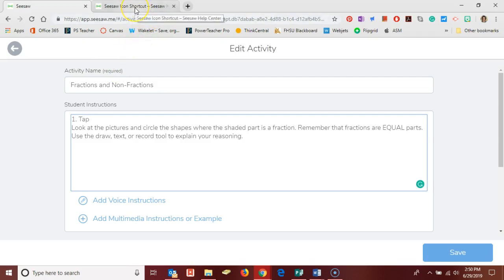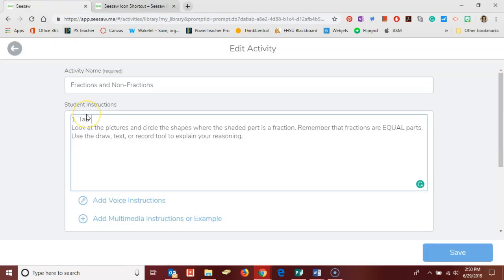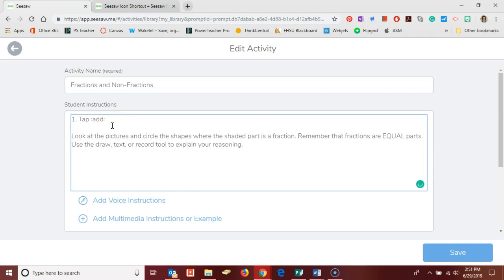Seesaw has shortcuts that we can use to make their buttons show up on our activities, and I will share this link in the footnotes of my video. So when I want the Add button to show up, I do colon, the word Add, and another colon. So back over here, I'm going to do colon and Add and another colon. Okay, so they need to tap Add, and then